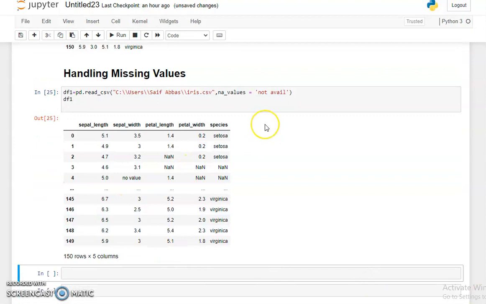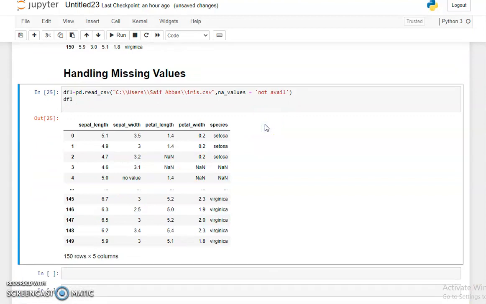So to handle this type of problem, or to convert this "no value" into NaN, we use a list. Okay, and in the list we first pass "not avail", and then separated by comma pass another unnecessary value, suppose here "no value", and close the list